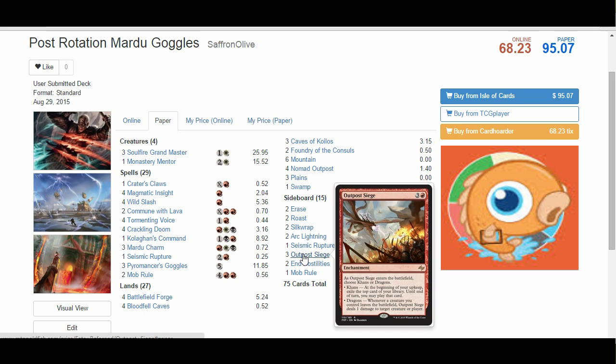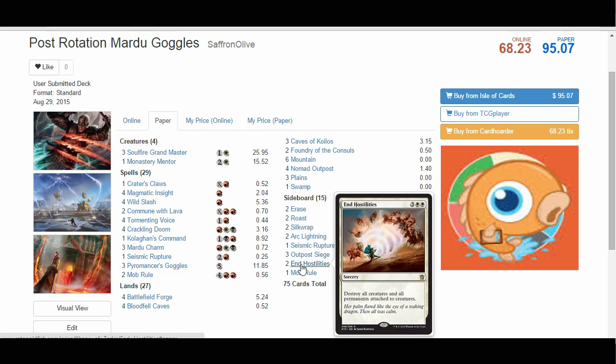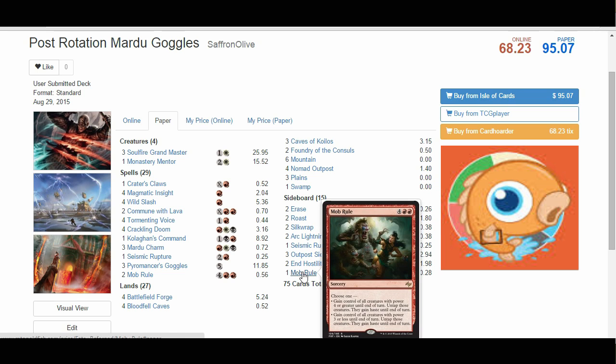3 Outpost Siege to create some card advantage and give us game against control decks. 2 End Hostilities, another hedge against aggro and midrange, and another copy of Mob Rule for when we're